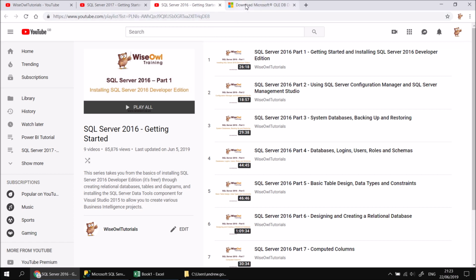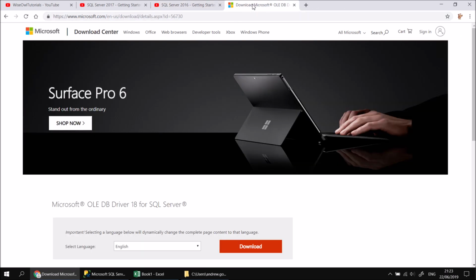If you want to follow along with exactly what I'm doing, you will also need a copy of the Microsoft OLEDB driver for SQL Server. It's a very small download, just about 5 megabytes. You can download and install it in just a couple of minutes. But that doesn't currently come packaged with a SQL Server installation, so you will need to install that one